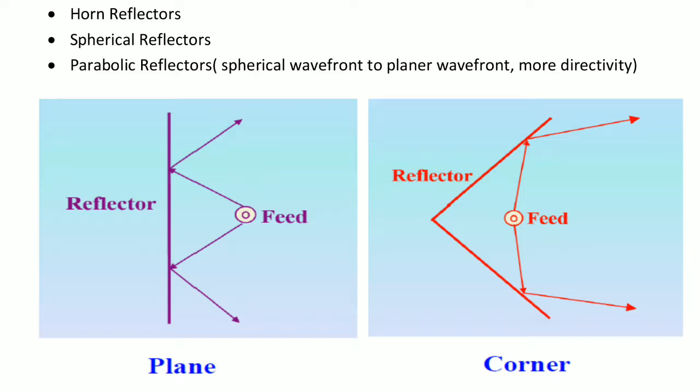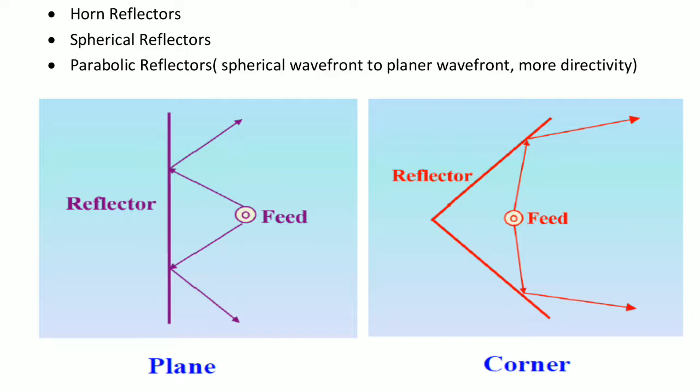There is no curved surface in the corner reflector. There is some angle between these two reflectors. This angle is nothing but the included angle. The angle between two reflectors is the included angle. Distance d_A, which is not mentioned in this diagram, is nothing but the aperture size, that is the opening of this reflector. H is the height of the reflector, L is the length of the reflector.